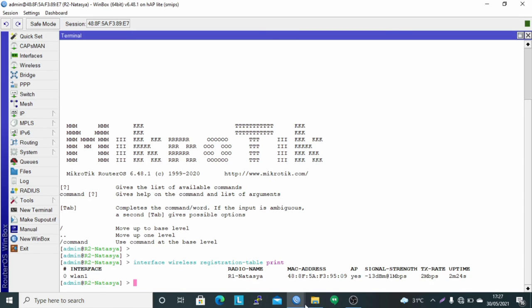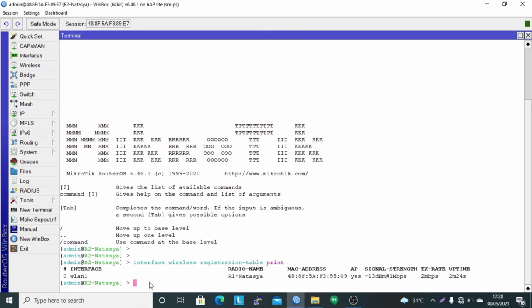It can be seen in here that the MAC address used is that of router 1 using interface WLAN 1, because I connected router 2 to router 1 using interface WLAN 1.